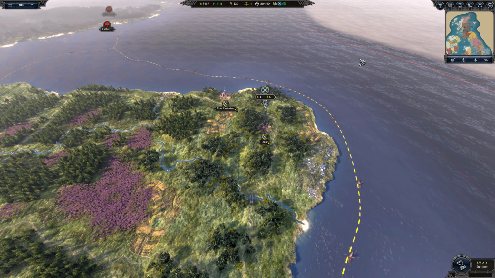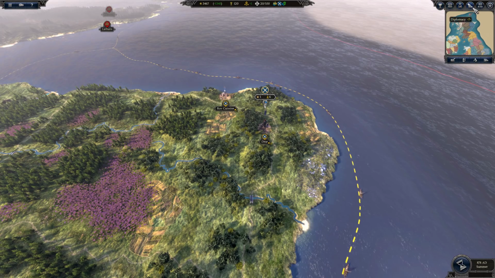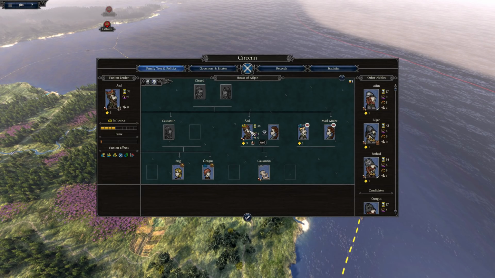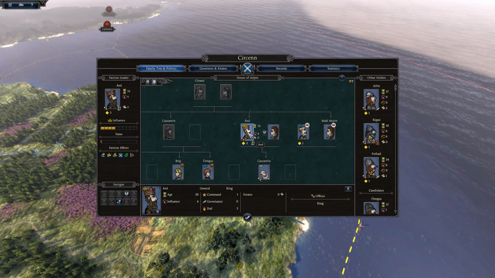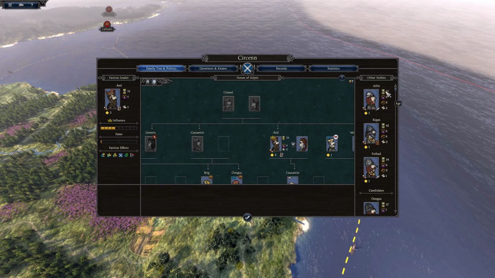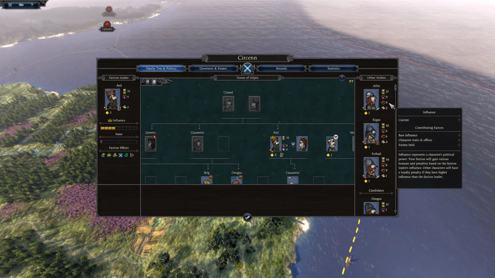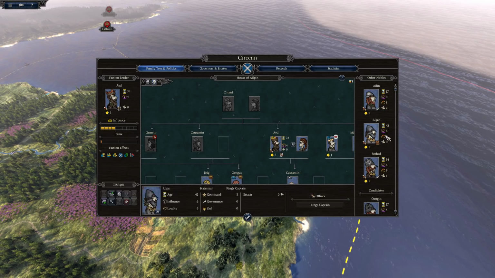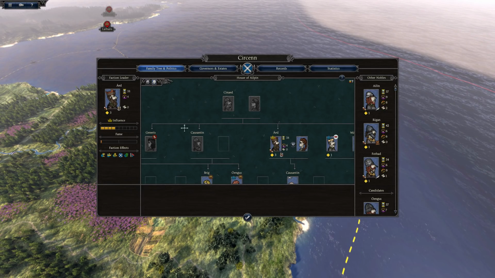Okay, so you saw the game let me know that one of my generals has more influence than my king. I wonder who that is. Let's see, nobles. Our king has 38 influence. Oh no, how much influence does he have? He has 4 influence, and then these guys actually have more than my king, so...